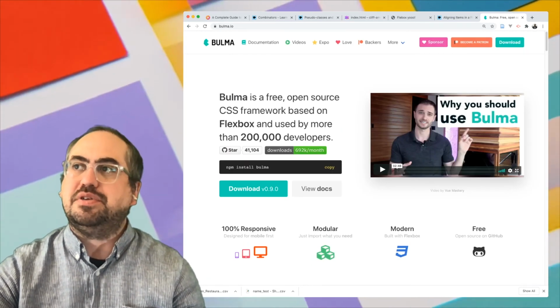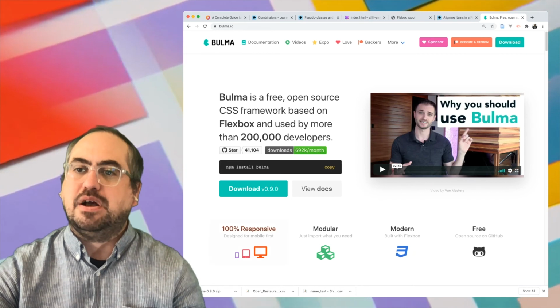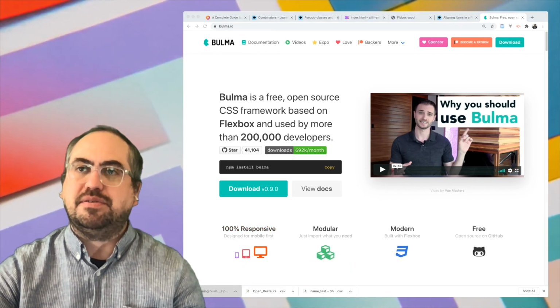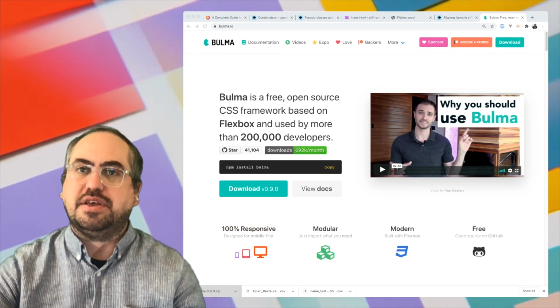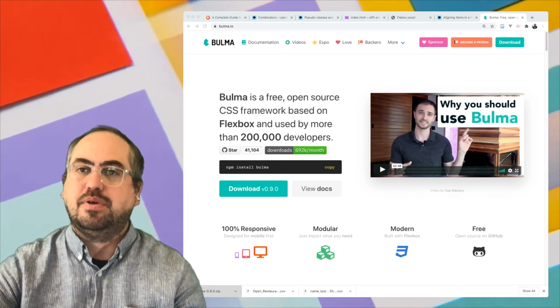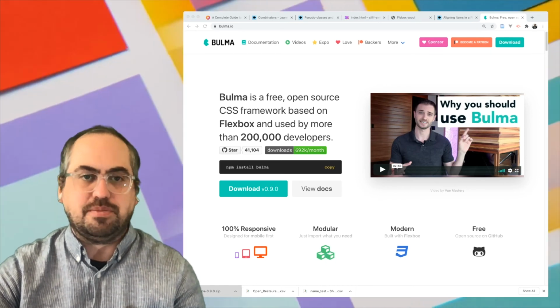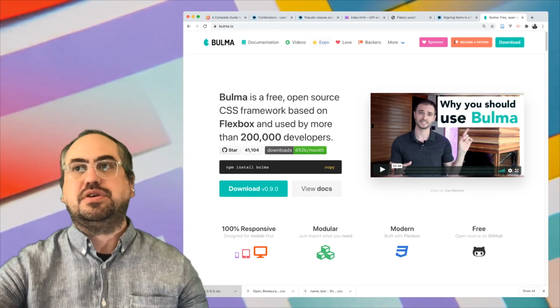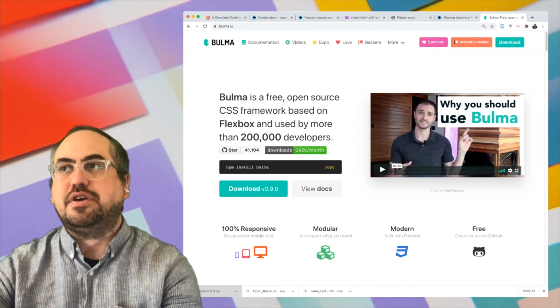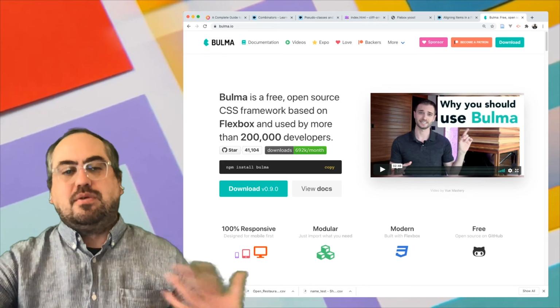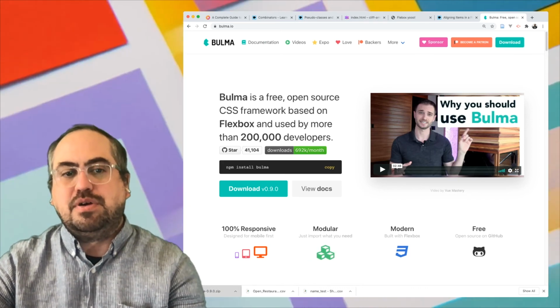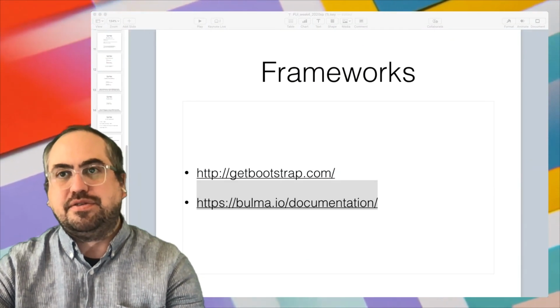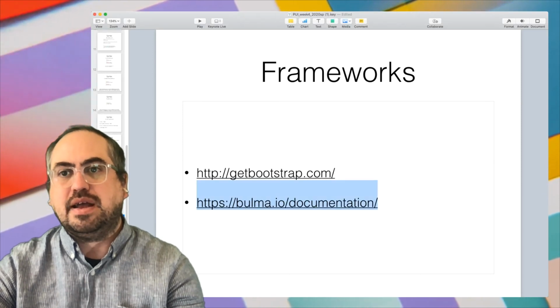You would go in here and download it. You would have a zip file that you would use to load into your page. You would add that CSS file to your project, and then include it to get started using it. So we'll talk more about frameworks in the future, but I just wanted to put them out there to know that they exist,